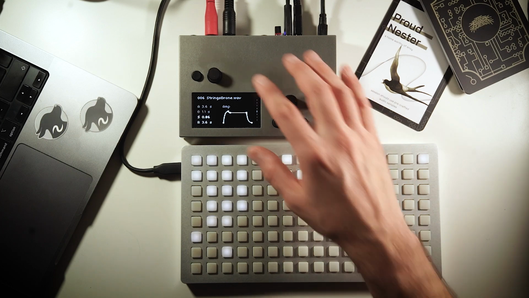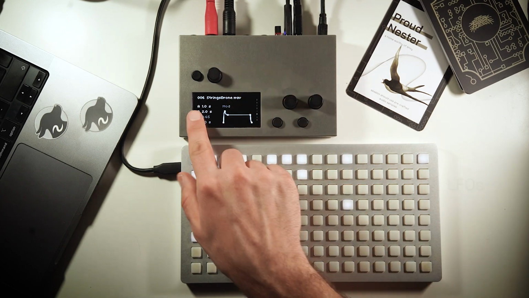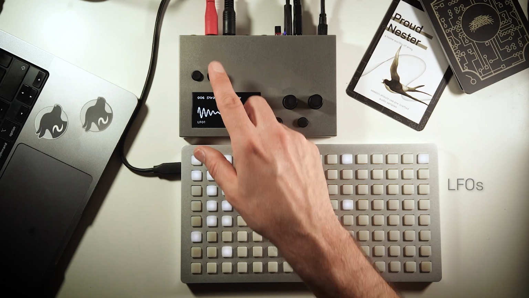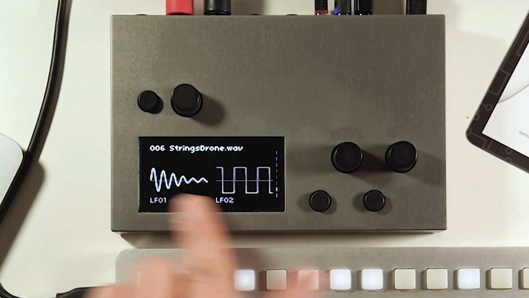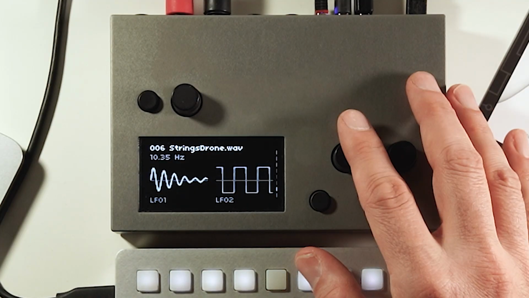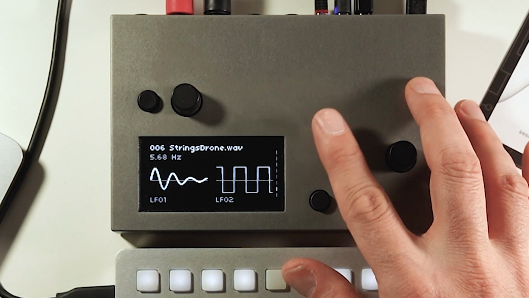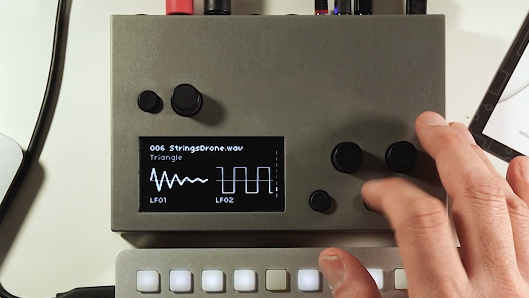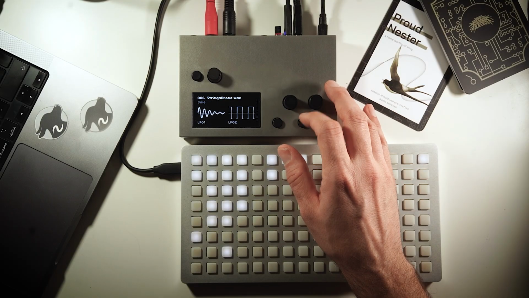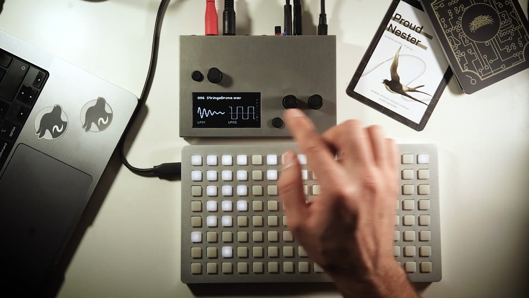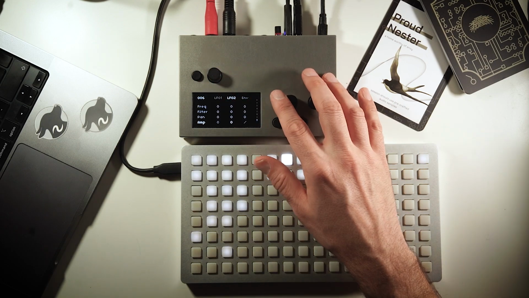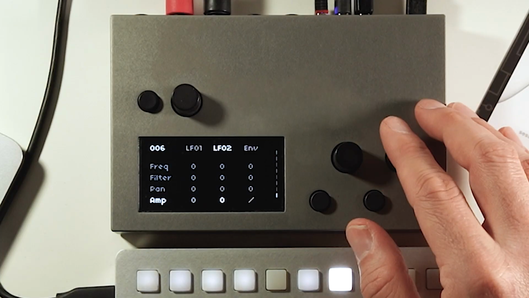Okay, next up you also have, so this is modulation envelope. And what I mean by modulation is that you do have two LFOs, and with each of these LFOs you can change stuff. So you can change which type of LFO they are. So let's say we have one sine and one square here, and then if you move here to the next page